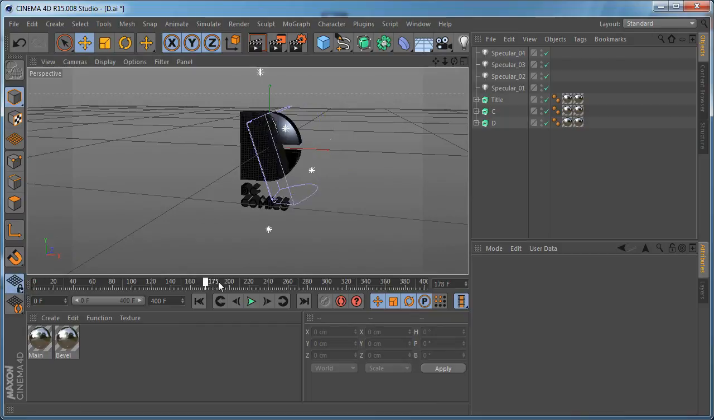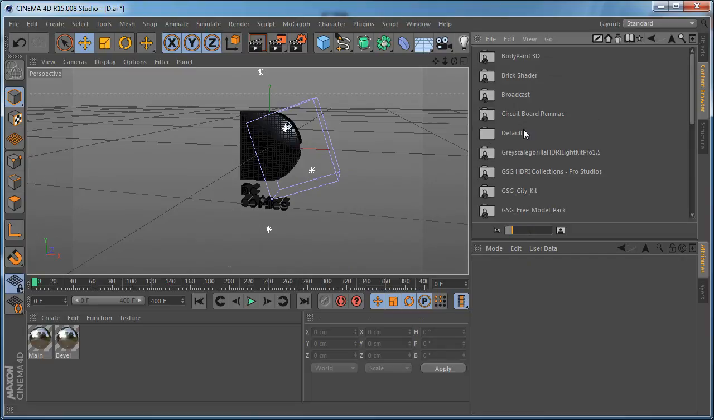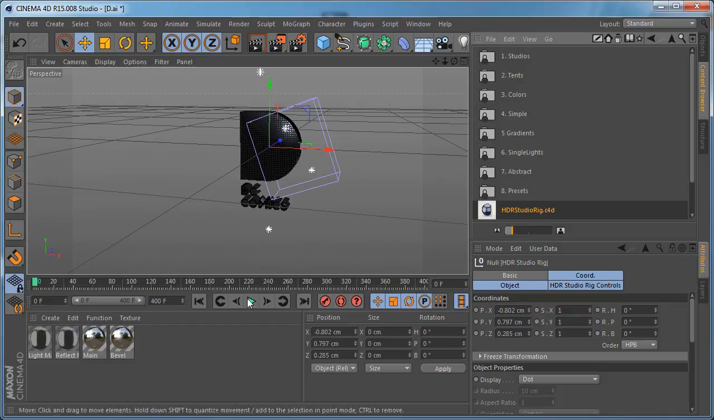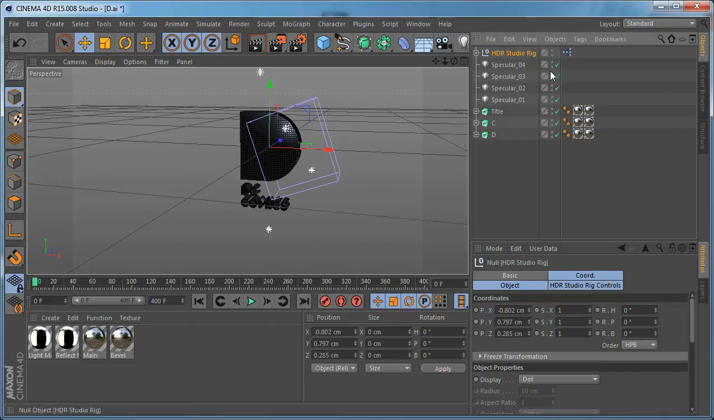We have our bending animation. So let's go to the content browser, and I'm going to use the Grayscale Gorilla HDR Studio Pack, and I'm going to drop down the rig into the project, and I'm going to use